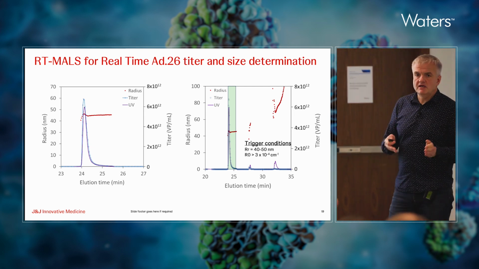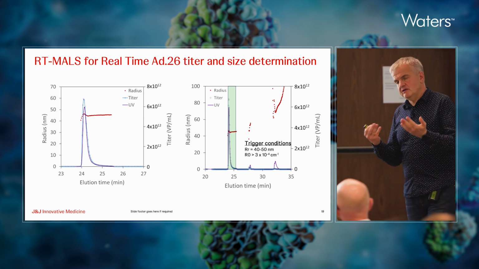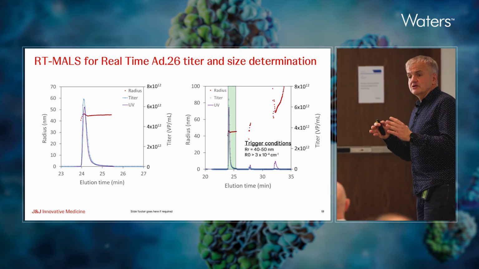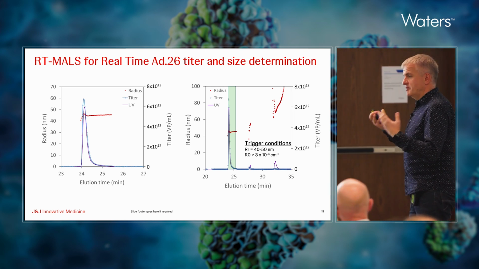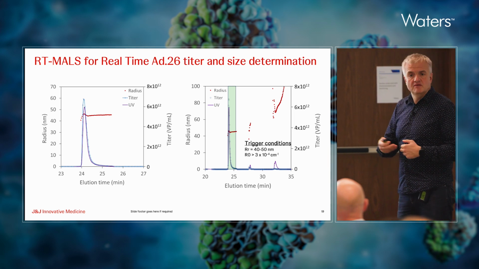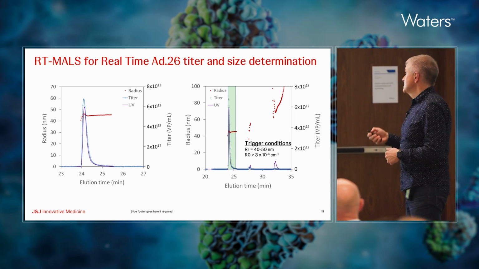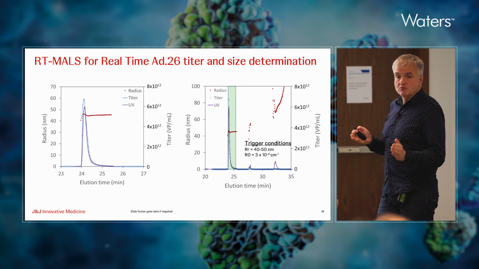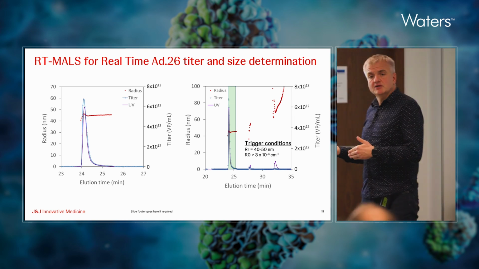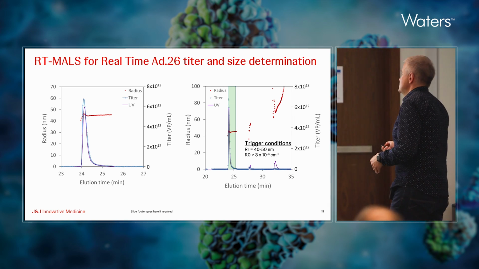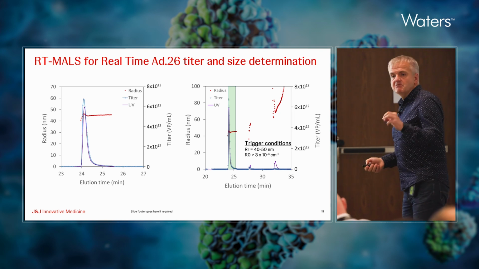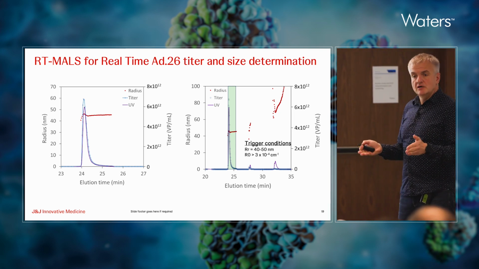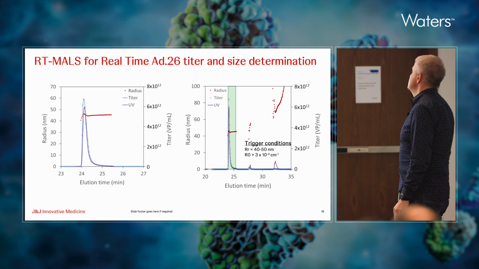So the system can get these instructions via the software to collect certain types of particles based on preset conditions. In our case, we set that the size cannot be smaller than 40 nanometers, cannot be larger than 50 nanometers. But we also set some criteria for a minimum light scattering that we need, so we don't dilute unnecessarily our pool of collected material.